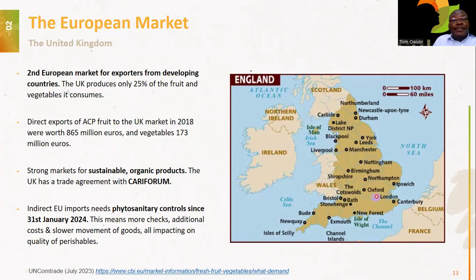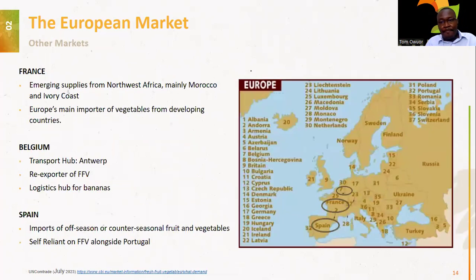and therefore phytosanitary controls are then applied. This used not to happen before the Brexit. Before the Brexit, it was actually possible, and easily so, for goods to freely move from Rotterdam into the UK or from Germany into the UK. But because of the Brexit, beginning 31st January last year, phytosanitary control measures have been put into place to ensure compliance with the United Kingdom laws and regulations for food imports.